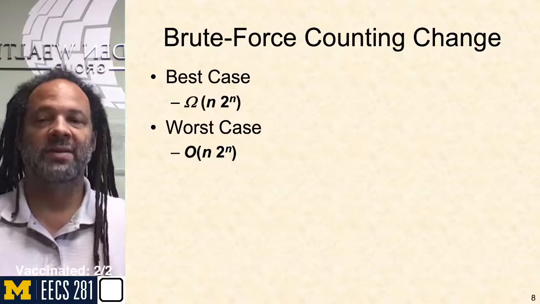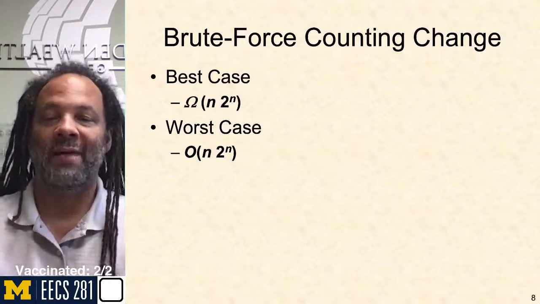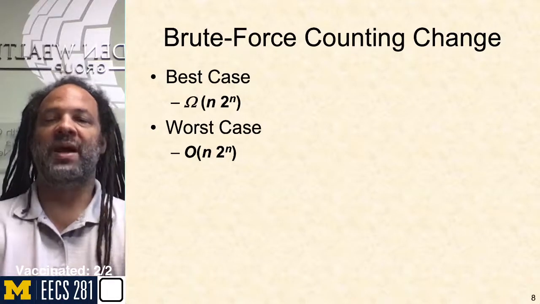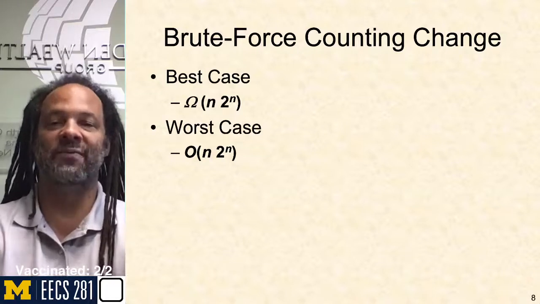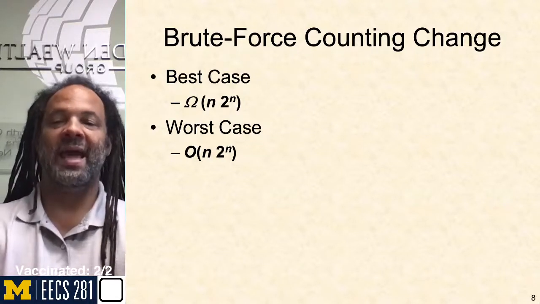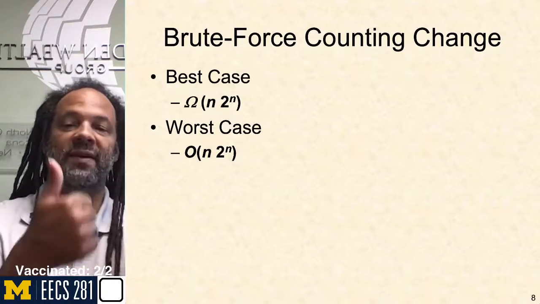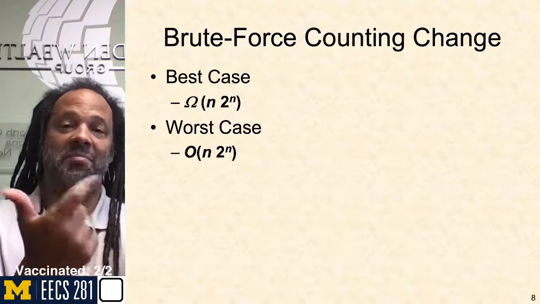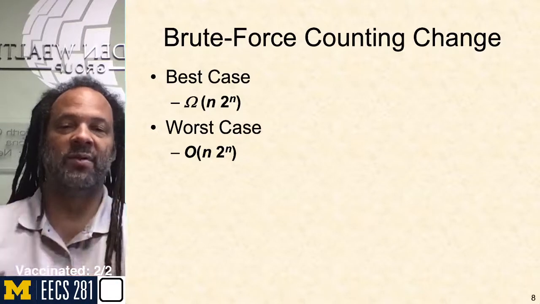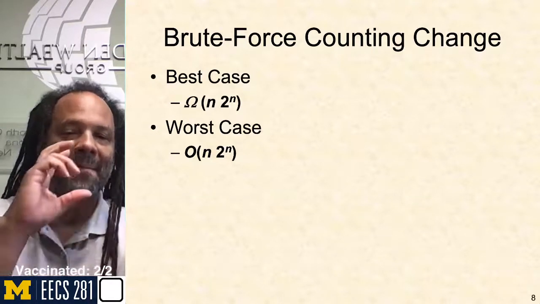So we talked about the way that this would look. I would have to look at this big O of 2 to the n different sets. And each time I looked at a subset, I would have to do n amount of work to see if it A totaled A and B looked like it had the smallest number of coins in it. So I can say that my best case